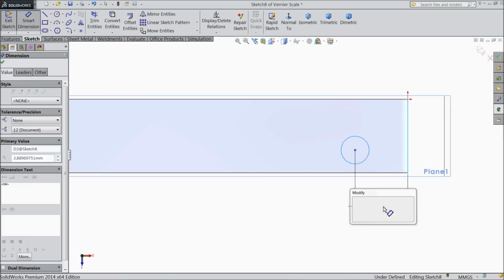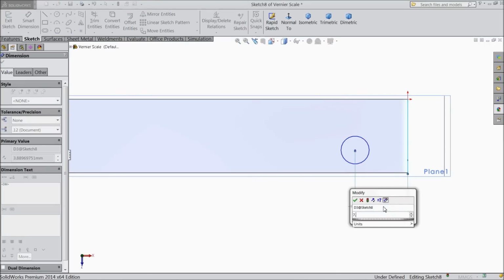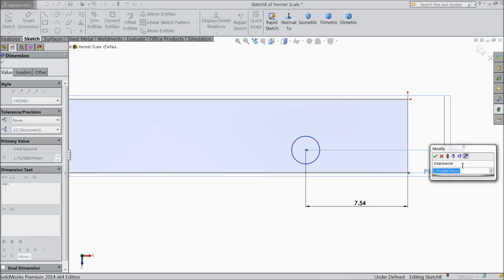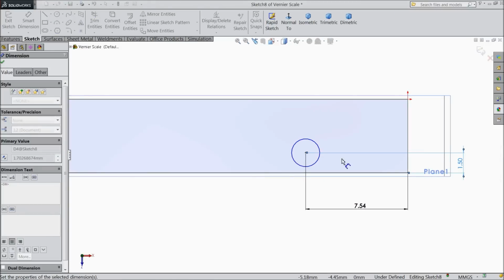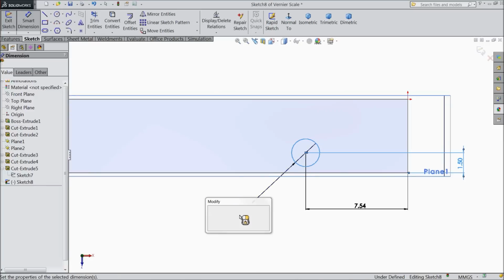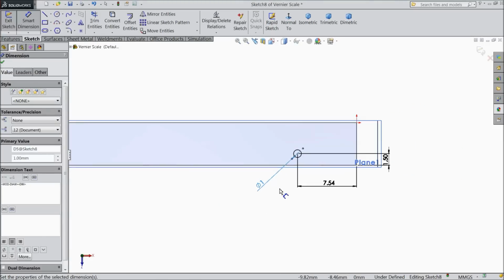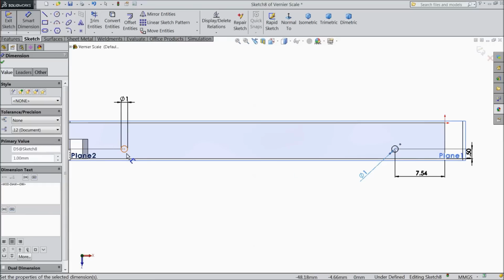This one distance 7.54 mm. One mm. And the gap between these two